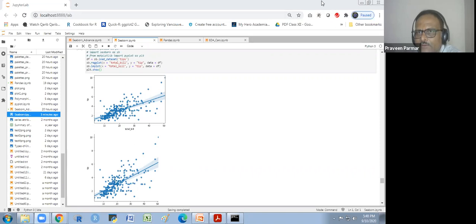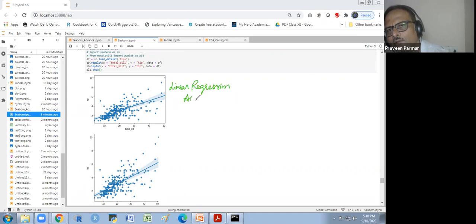I will write the annotation. It is a linear regression analysis, and it is for inferential purpose, inferential analysis.